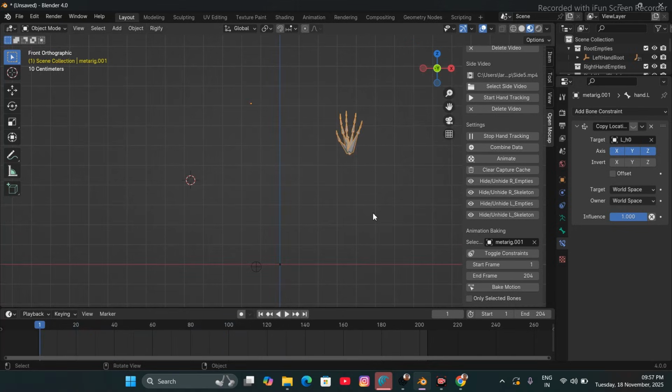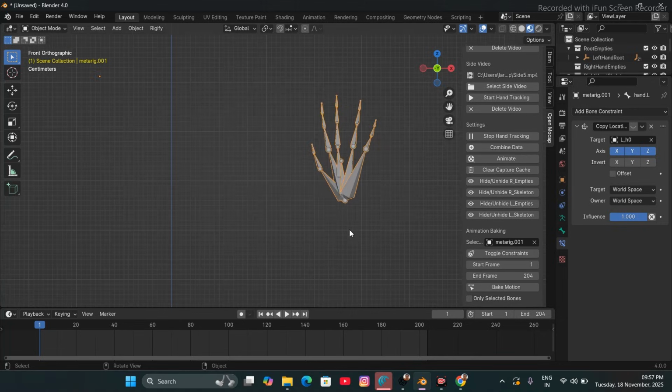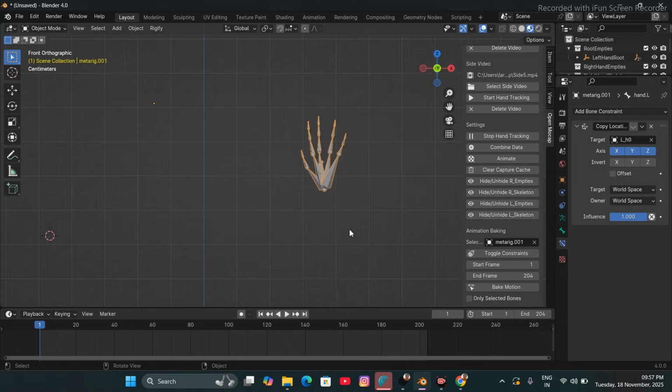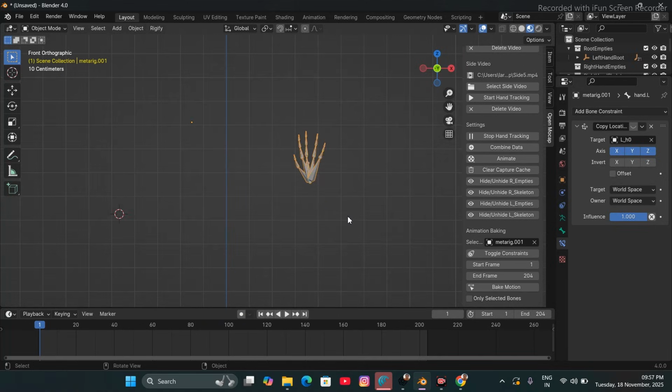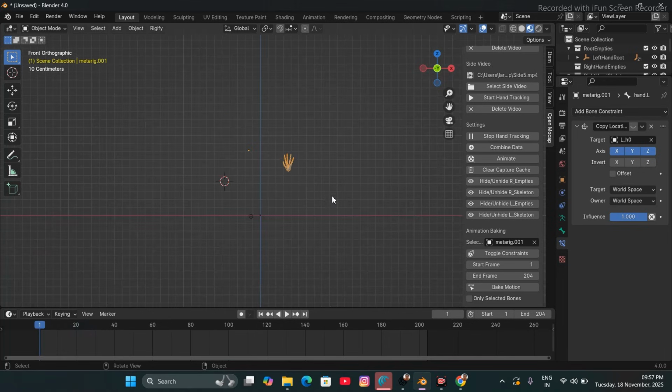So that way we can retarget the copied motion data from the skeleton to any hand rig. Yeah, so after this I'll delete everything,